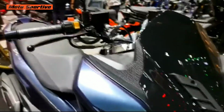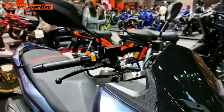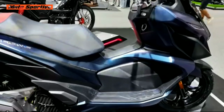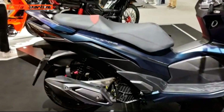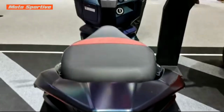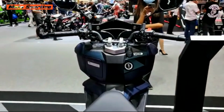In terms of design, it comes with a very sharp design line typical of a full-fairing sport bike, starting from the use of an LED headlamp with a Y shape that looks unique. For the lighting system, the GPX Drone 150 is also full of LEDs, including the taillights that come with a tapered design and turn signal lights that look minimalist, extraordinary,